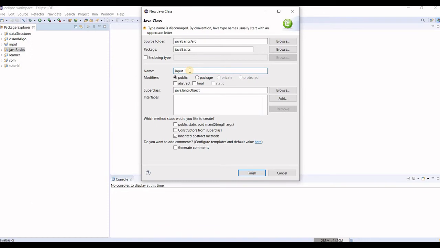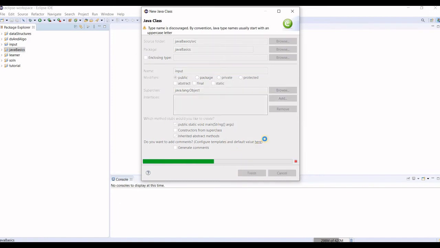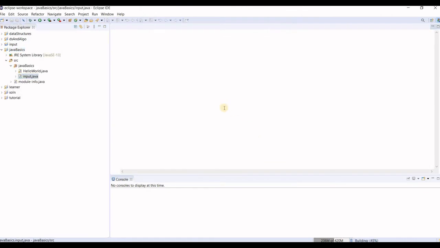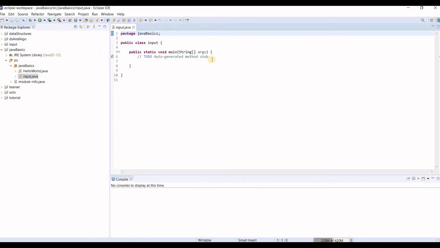For example, you can't name a class public because public already has a meaning in the language. So try to keep the names unique until you learn which keywords you cannot use while naming a class. Now we also need this public static void main here, and say Finish, and all your work would be done and the class code would be generated automatically.